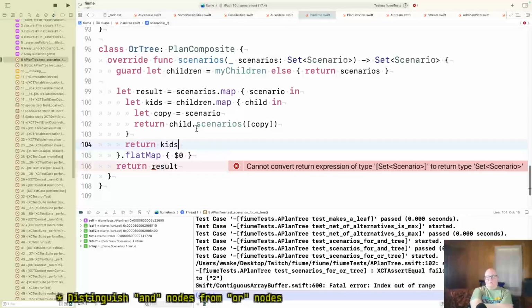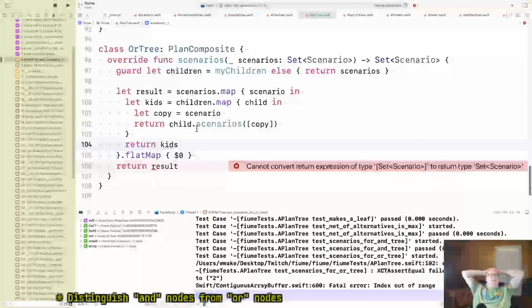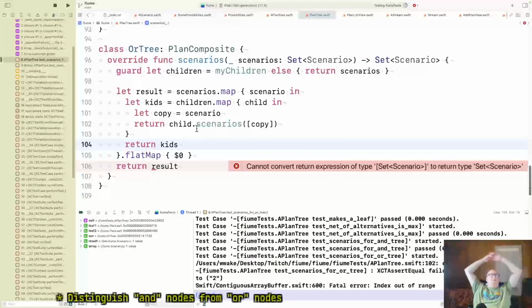Well, the children could be trees too, though. So I don't know how much to. My picture of the trees versus adding these scenarios across everything. Is it a tree?